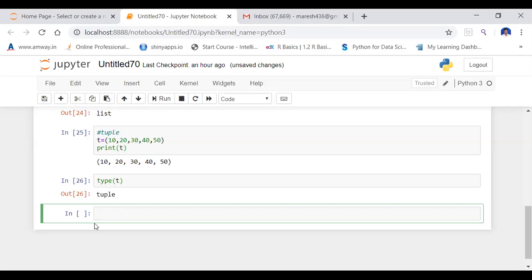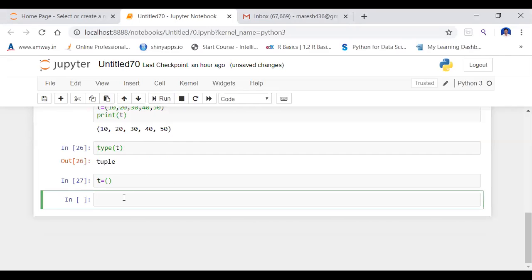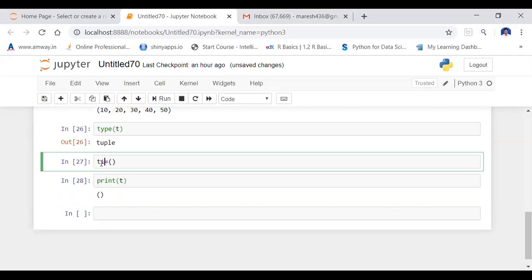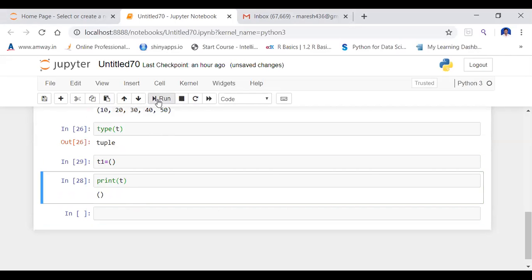Next, I told you that we can also declare an empty tuple. An empty tuple can be declared by opening and closing brackets. This is an empty tuple. It doesn't have any values. Print T. It doesn't show any values, but it is a tuple data type. Now I am making it T1 for the sake of understanding.